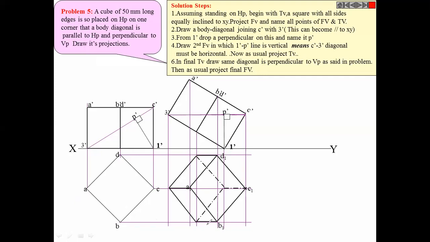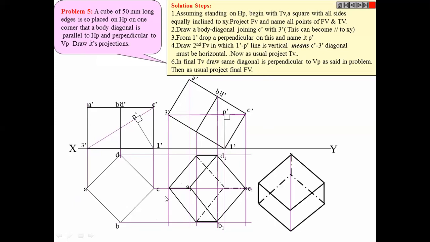Now what is told? That the body diagonal, which is this C point and this bottom point, is perpendicular to VP. So in this figure, the line joining this point and this point, we have made it vertical because it is now told that it is perpendicular to VP. We have just adjusted the orientation, nothing else.